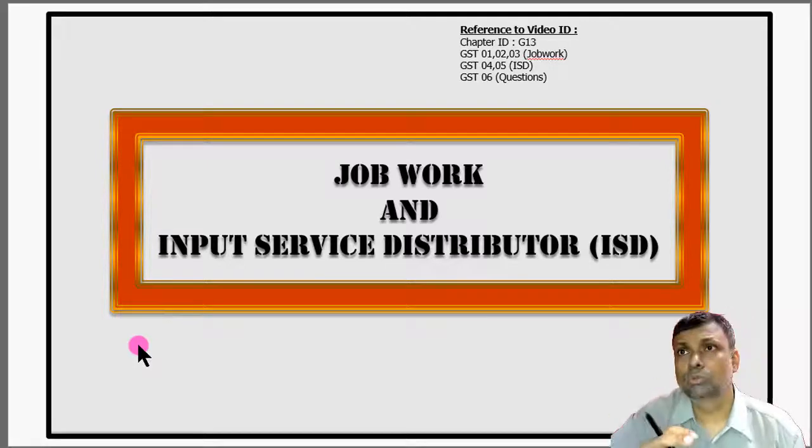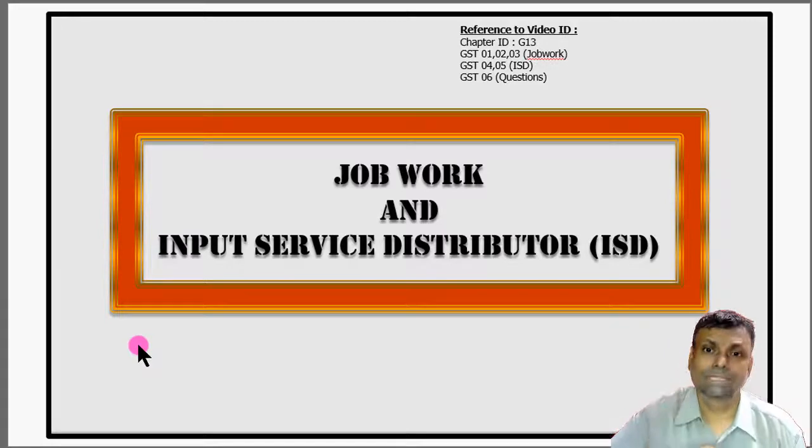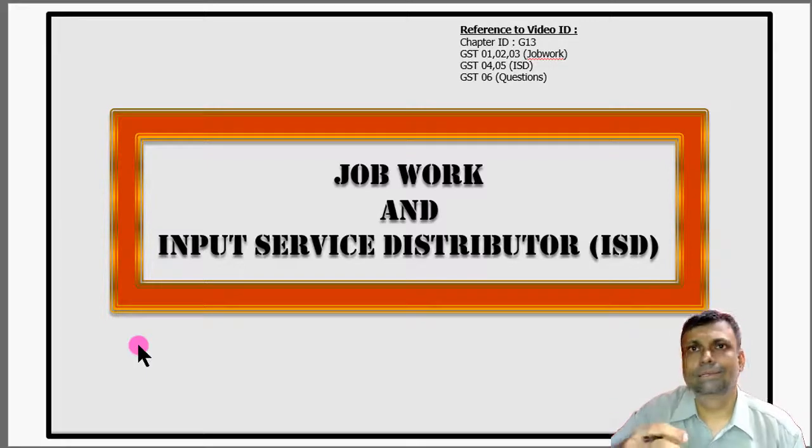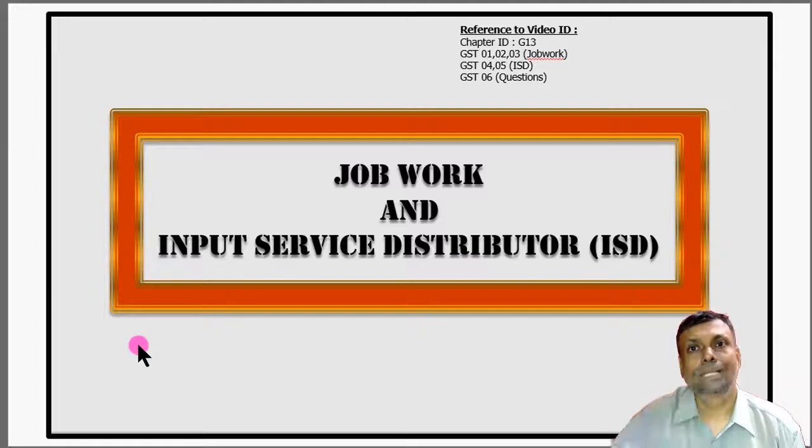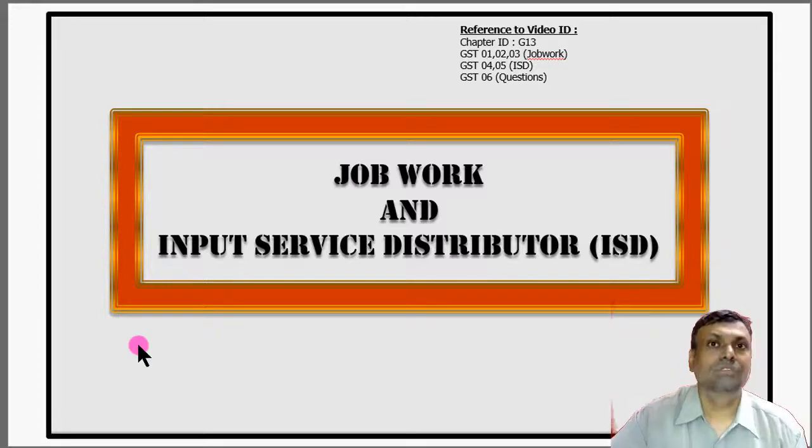However, it may also be a situation with respect to a third party model. For example, I purchase goods from you, and you sell your goods to me, but I tell you that you please don't deliver the goods to me, because I will have to give them to my job worker. The goods are to be processed by the job worker, some value addition is to be done there, and thereafter I'm going to sell those goods. So you transport the goods not to me, but to my job worker, but I will pay you the money because I'm the purchaser. Such transactions are also accepted validly by the law.